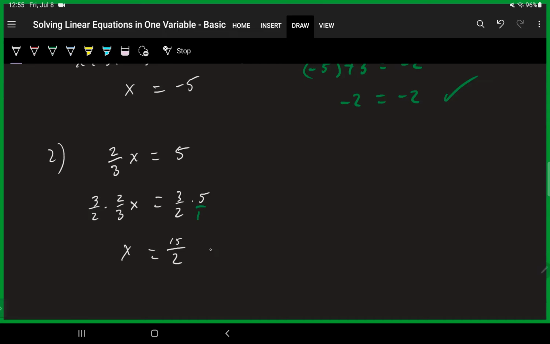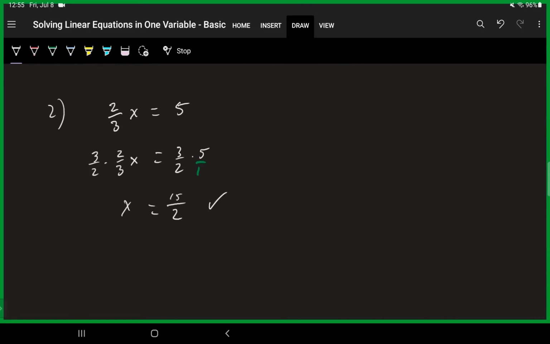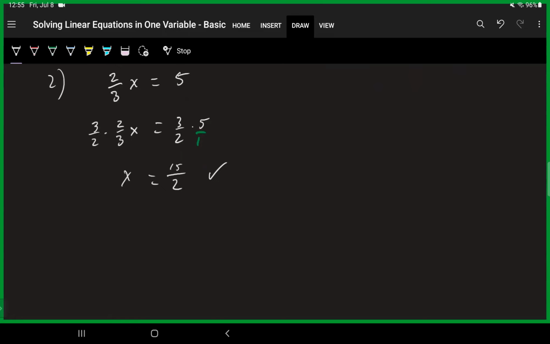And this one checks out. I'll let you check it out on your own. It's basically, you plug it in the way you did above, and you pay attention to the arithmetic rules, and you simplify everything, and you find out that that's a true statement.